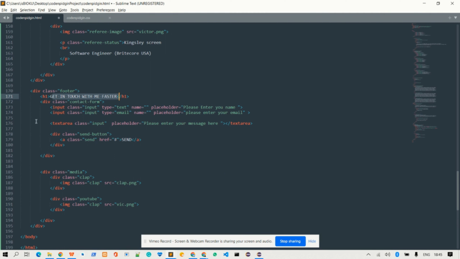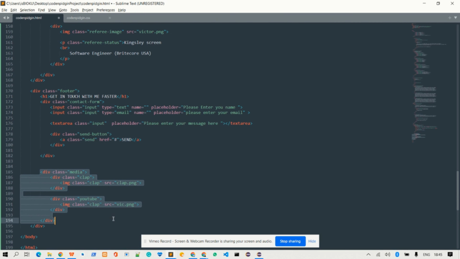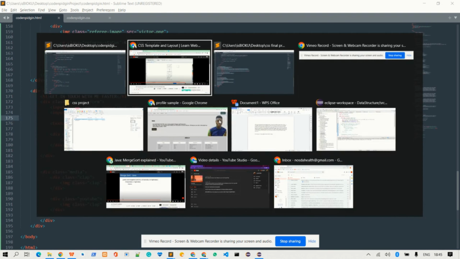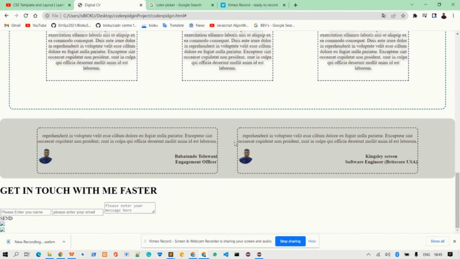So we get this our general wrapper here. Inside our general wrapper we get this one. I wan divide am into two. Then we get our contact form on the left hand side, we get our media on the right hand side, right? So if I save this information as e dey like this, go back inside our browser, come reload our website. Shey you see? Now this information is not looking too good because we never style am inside our CSS,